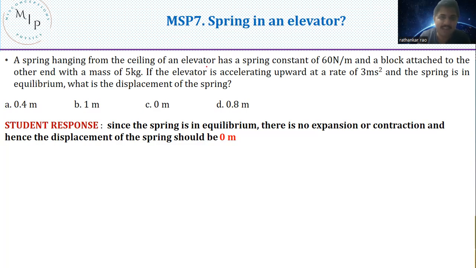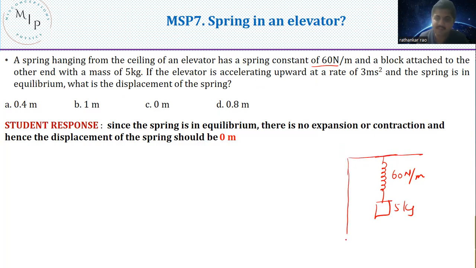A spring hanging from the ceiling of an elevator has a spring constant of 60 Newton per meter. Let me draw this. So you have a spring which is 60 Newton per meter, and a block attached to the other end with a mass of 5 kgs. If the elevator is accelerating upwards at a rate of 3 meter per second squared,